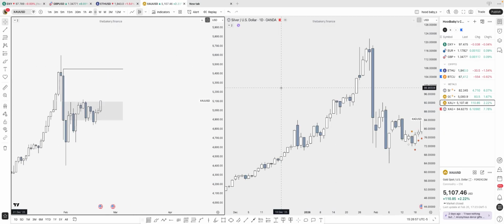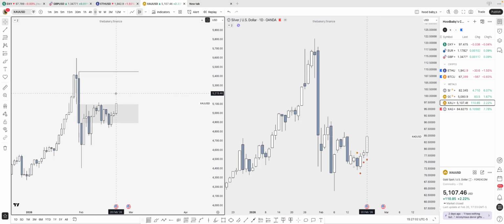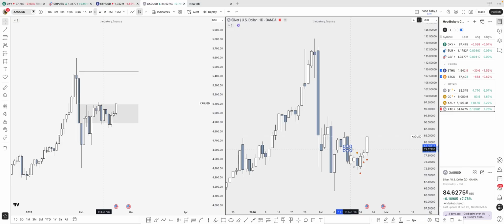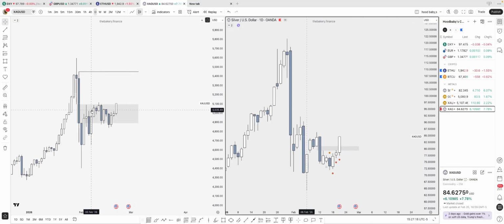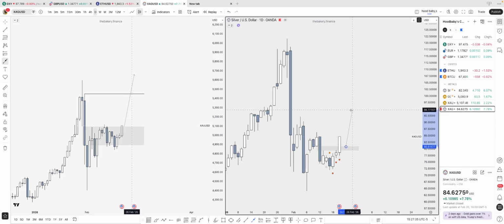Meanwhile, on gold and silver, my bias is currently bullish for gold. Although silver is still looking around the fair value gap. We just inverted this fair value gap here, and we did that as well for this. So my logical target right now is to see price go higher from here, targeting this candle high, then the final target on this high. Vice versa for this, we could see a run.